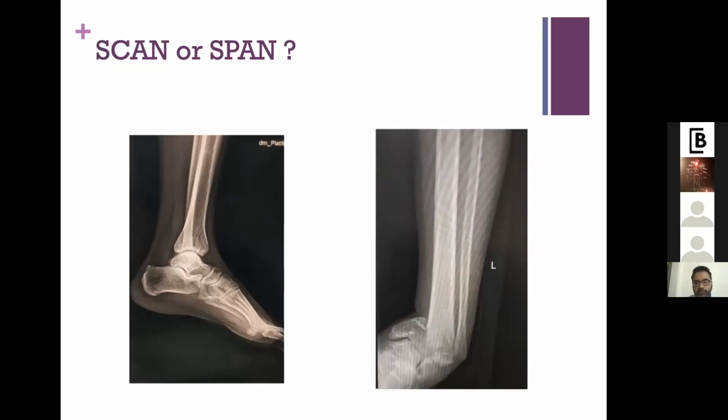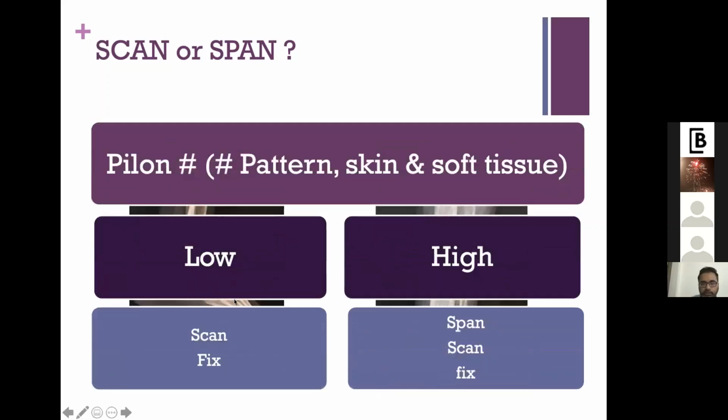If it is a fracture because of axial load, where the talus is impinging on the plafond and causing a fracture, it is more commonly because of high velocity injuries. So there's a different approach to the kind of injuries you are getting. If you know that it's a low velocity injury with your examination and the radiographs, then straightaway you can go to the CT scan, identify the fracture, then you manage further.